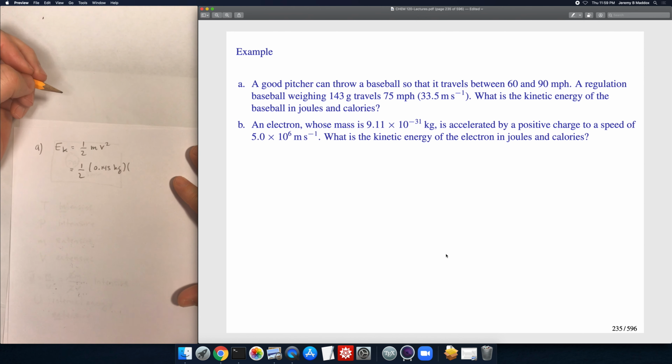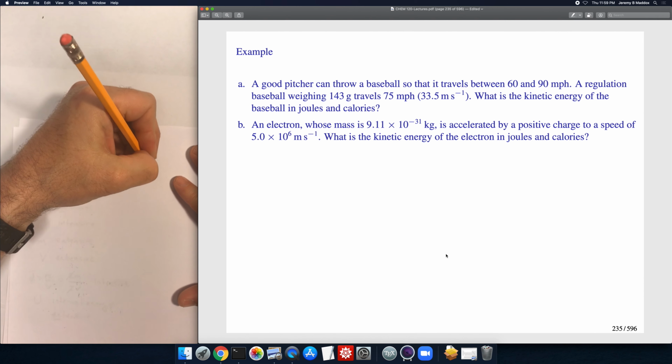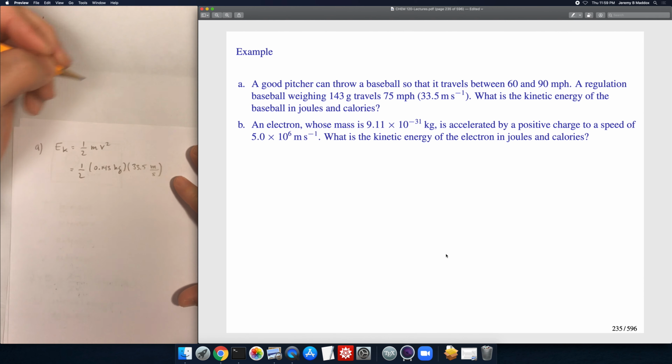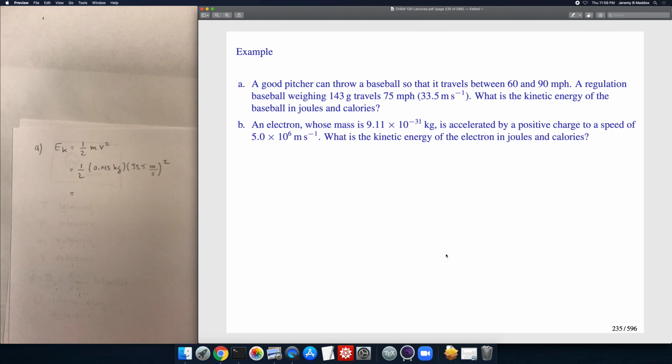And then we're going to multiply by the speed in SI units, which is that 33.5 meters per second, and we need to square that. And so we'll run this through our calculator. Take the 33.5, we'll square it, and multiply by 0.143, divide by 2, and I'm getting